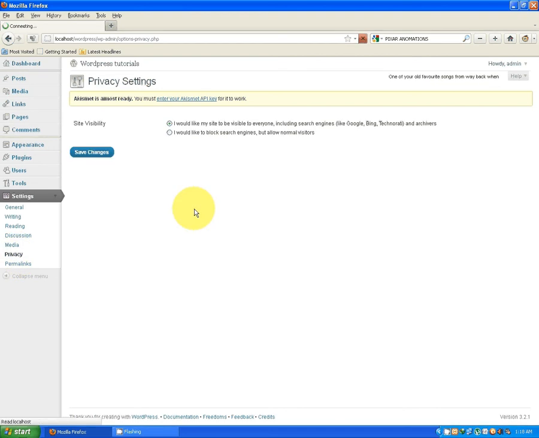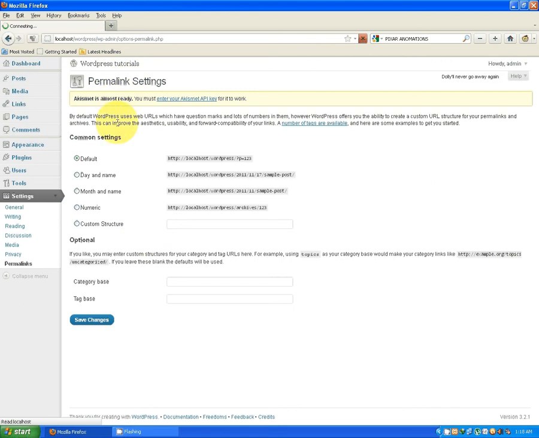And just go to privacy tab. Actually, it is the configuration settings for site visibility, whether to show your site on Google or not. So let's leave it by default. And the last setting is for permalinks. Actually, WordPress uses by default links like these to show your posts, but actually these links are not SEO friendly. So you can give them a custom structure like this one, and you can use anything according to your requirement.